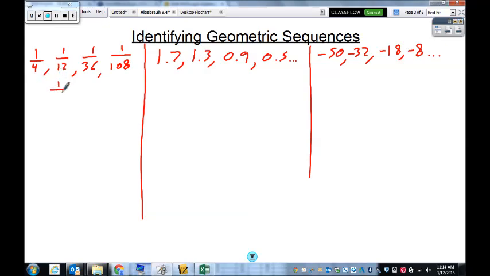Well, this would just be 1/12 and 1/4. I need to multiply both by 3, so that's going to be 3/12. So to go from 3/12 to 1/12, that difference is -2/12. To go from these two, though,